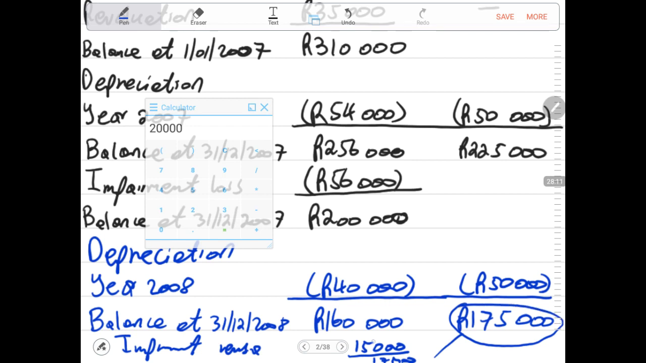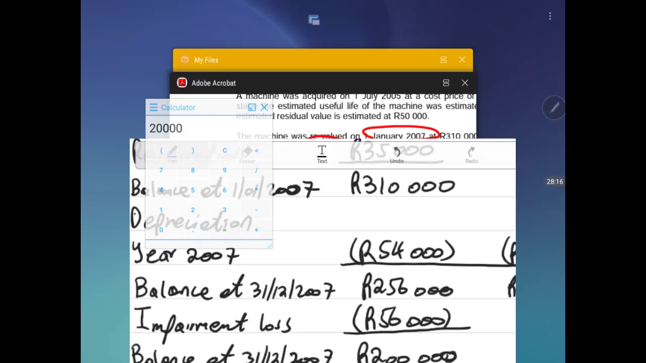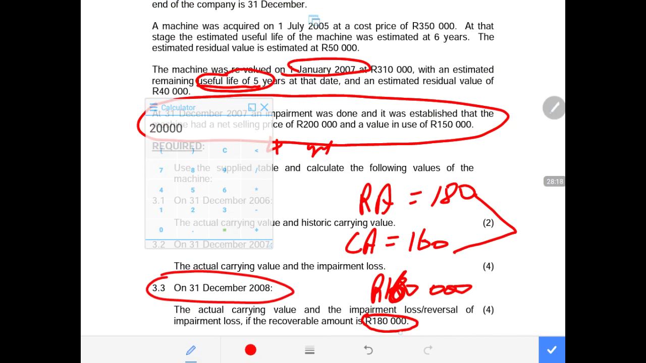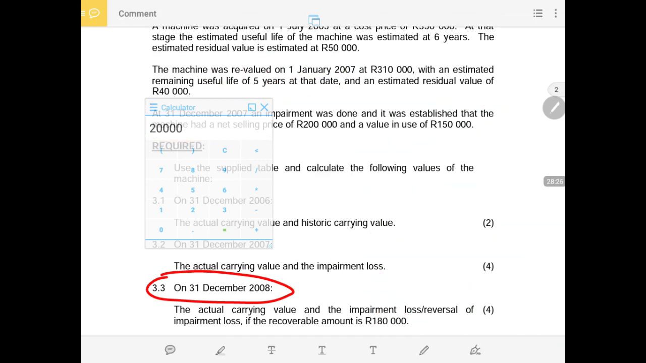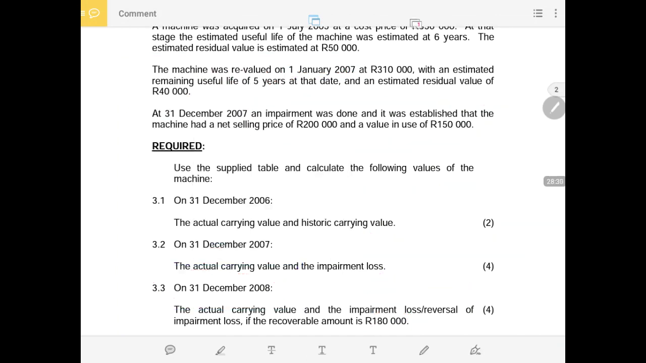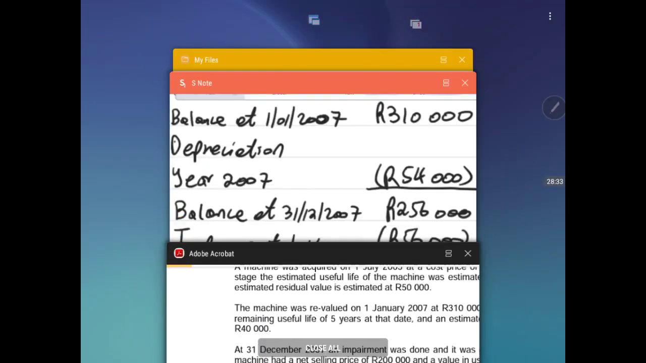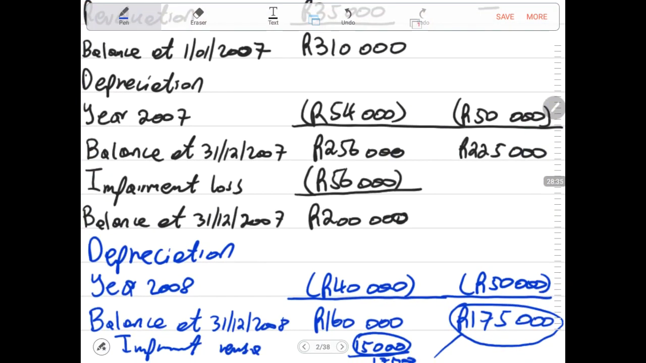So that is the importance. Hence now we limit this. In other words, we say no, our recoverable amount cannot lead us to an amount of 180,000 that is more than the carrying amount according to the historic column. So guys, with that, I think I've made myself very clear on that. It's a very important note when it comes to the reversal of the impairment, that when we reverse the impairment, it should not lead to our carrying amount being more than the carrying amount in the